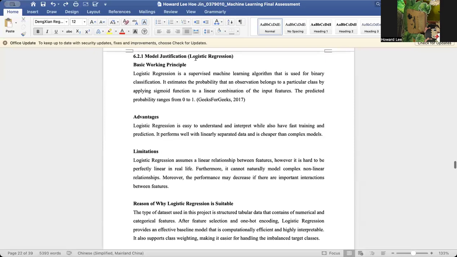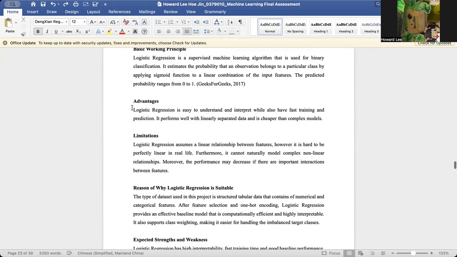The working principle of logistic regression: it is a supervised machine learning algorithm used for binary classification, and it applies the sigmoid function to a linear combination of input features. The advantages of logistic regression are that it is easy to understand and interpret, with fast training and prediction.